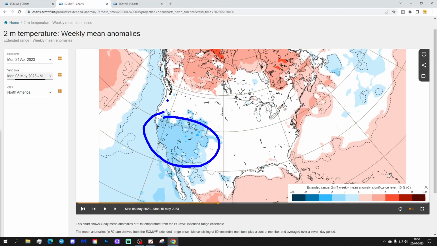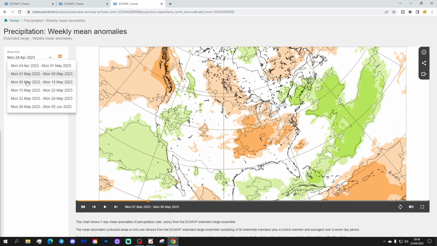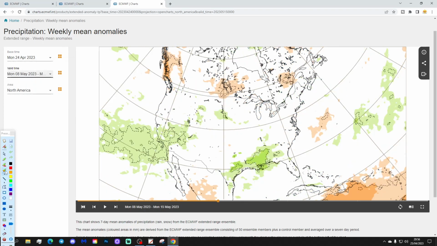Bear in mind, these are anomalies to average, so we're talking about the 5th of May. It's still going to be very warm through Arizona and California, but even if the temperature is a degree or two below average, it will still be very warm or hot, of course. Over on the eastern side, it looks a little bit warmer up the east seaboard. Otherwise, it's quite a weak signal through most parts of the states with temperature anomaly for week 3, and precipitation